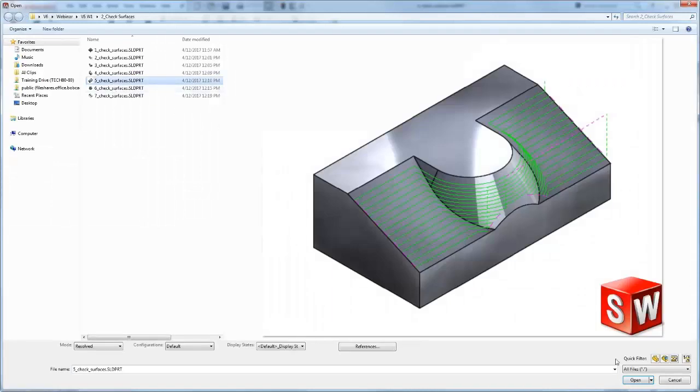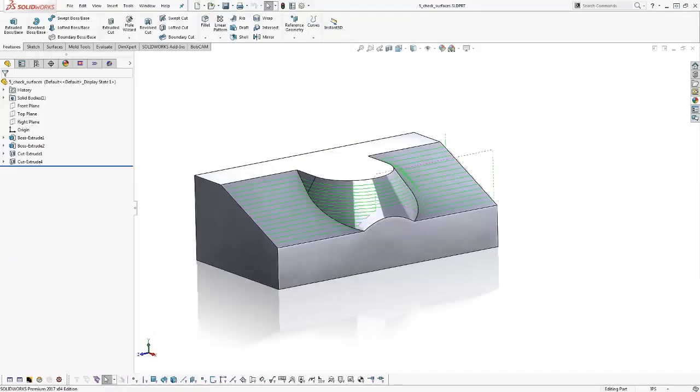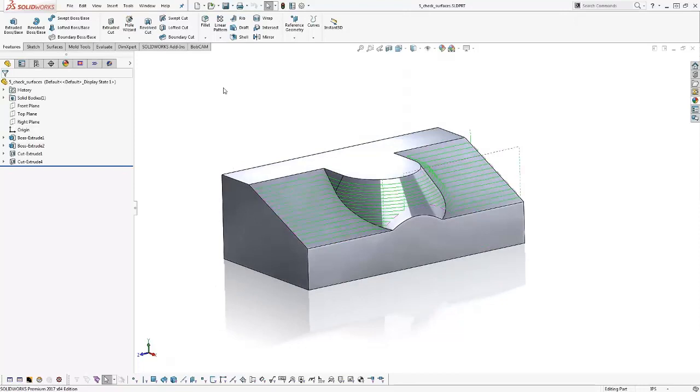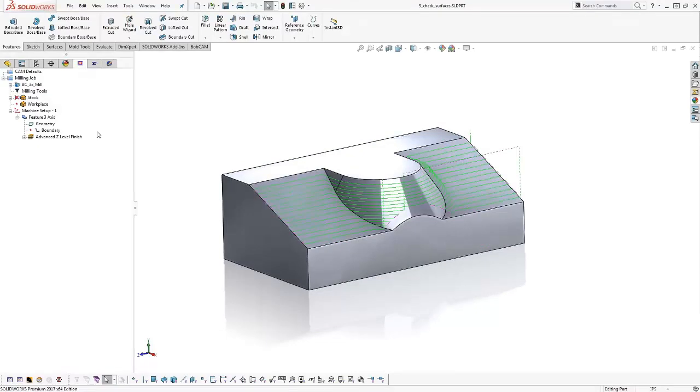Let's see. This is another example. Same concept here. What we have in this example is we have a Z-level finish. Using the Z-level finish,